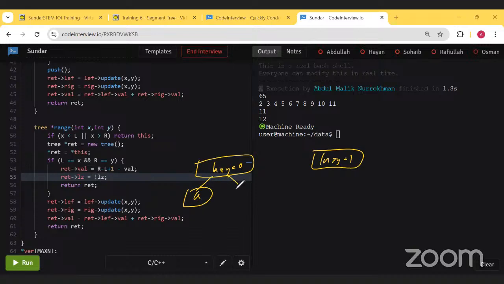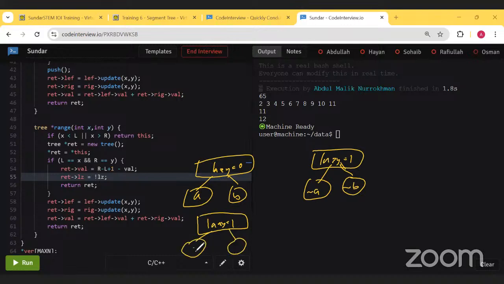So if this is A, this is B, then if we want to access the child, it becomes the inverse of A and the inverse of B. All right. But if this is already lazy equal to 1, or the lazy is true, so this is still pointing A and B,